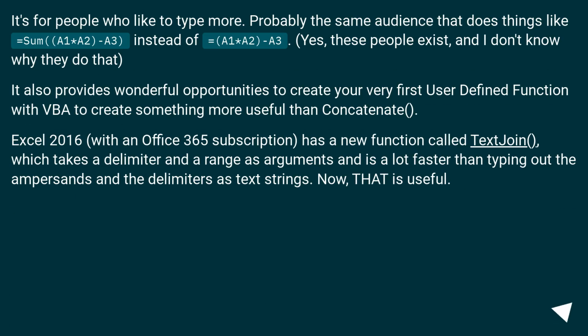It's for people who like to type more. Probably the same audience that does things like =SUM(A1, A2, A3) instead of =A1+A2+A3. Yes, these people exist, and I don't know why they do that. It also provides wonderful opportunities to create your very first user-defined function with VBA to create something more useful than